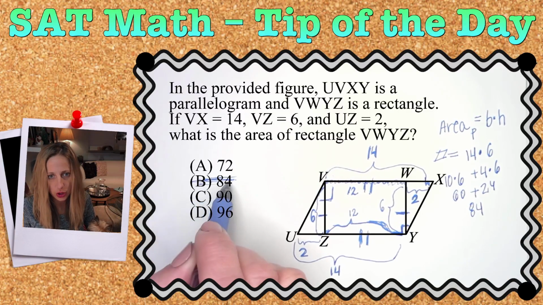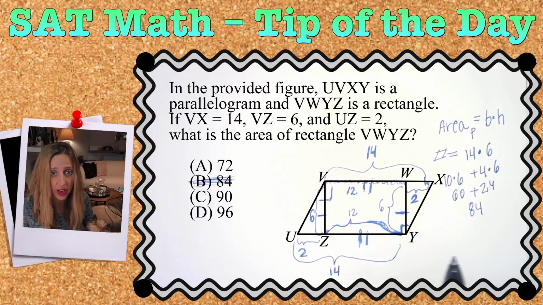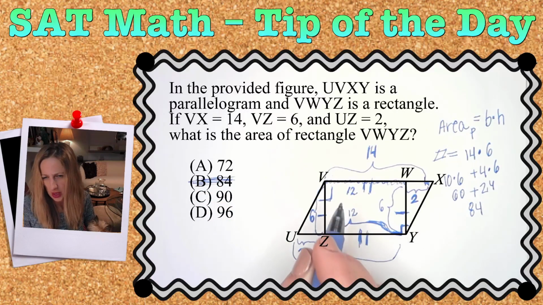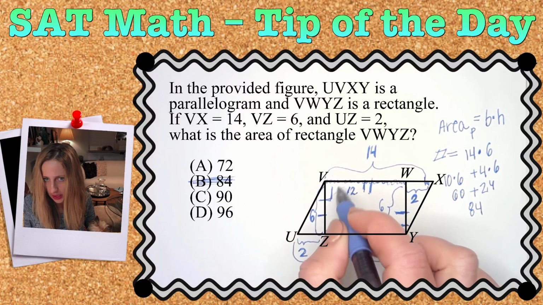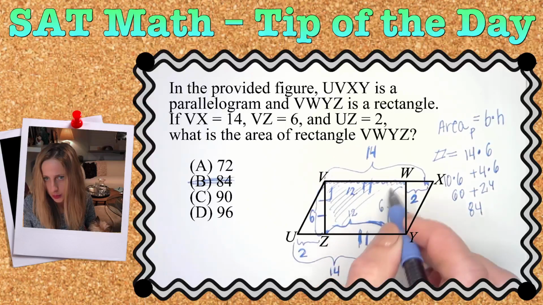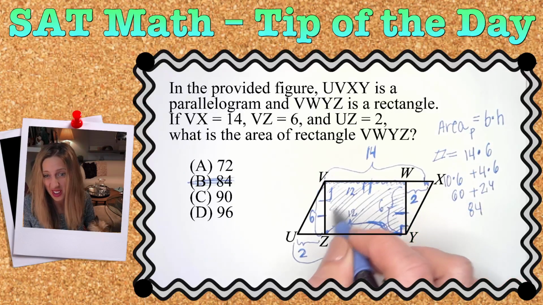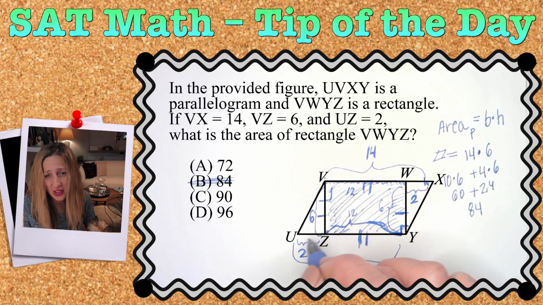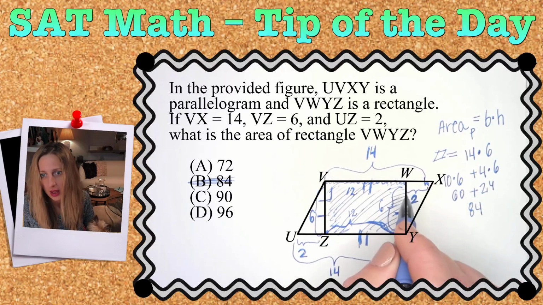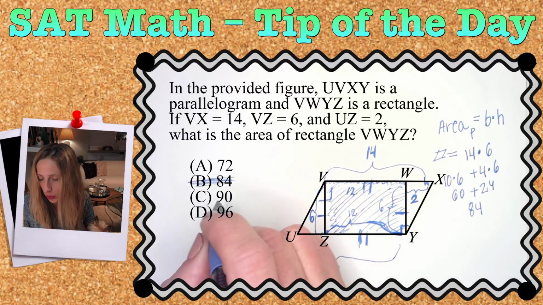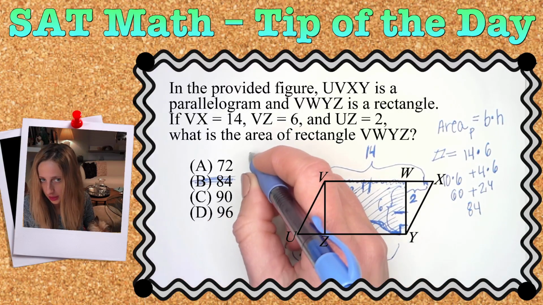Sure enough, 84 is a choice because people are going to find the area of the parallelogram and just circle it and move on with their lives. But if we did the rectangle only, that's just this part here, some people might go ahead and find the area of the triangles and subtract. You can do that, 1/2 base times height. So 1/2 of 6 times 2, 6 and 2 is 12, half is 6, and another 6, and subtract that from the 84. Kind of crazy, when we can just do the area of the rectangle